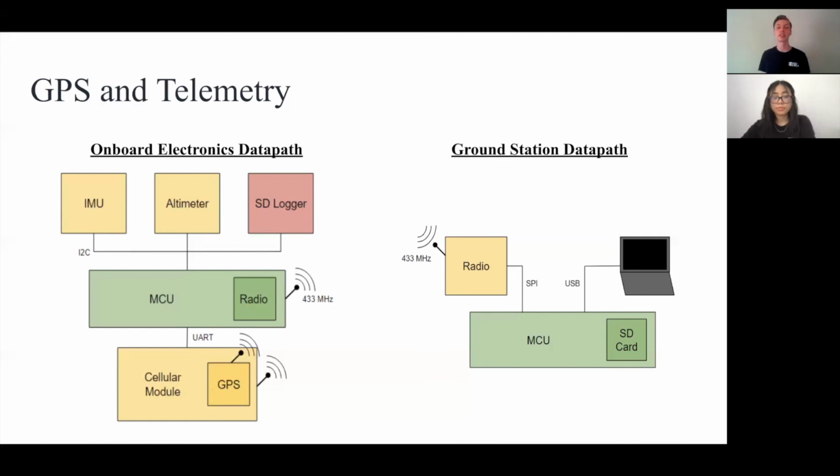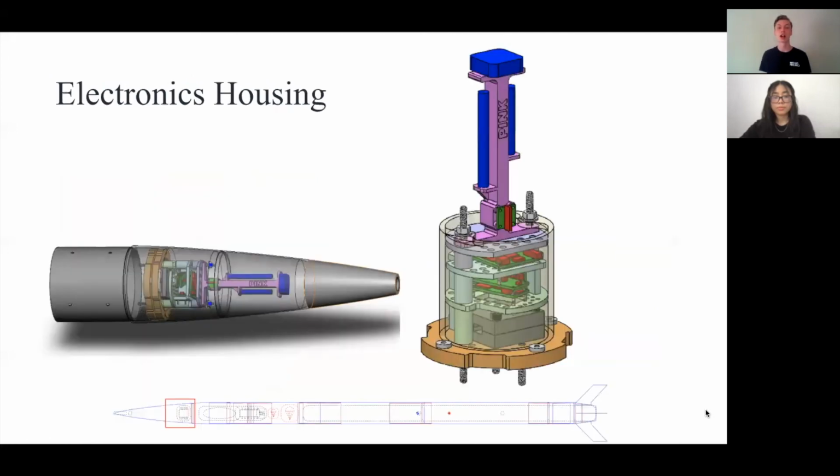and have additional testing planned with less geographic constraints. The electronics housing fits in the nose cone of the rocket and is designed to house every electronic component in a safe, accessible manner while minimizing unoccupied space. The use of 3D printed modular pieces allows extra versatility and rapid replacement of individual levels in the event that components need to be swapped or repositioned. Additionally, an aluminum encased and foam-filled black box mounted to the bulkhead protects the SD card in the event of